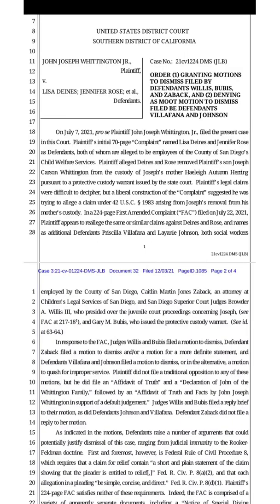In a 224-page first amended complaint, or FAC, that's what that means, right? Filed on July 22nd, 2021, plaintiff appears to reallege the same or similar claims against Daines and Rose, and names as additional defendants Priscilla Villafana and Leonie Johnson. Okay, she is a social worker right now, right? And Leonie Johnson is the actual attorney for the department, right? For the social services, right? But so now we go on to say where it says both social workers employed by the County of San Diego, okay, Caitlin Martin Jones Zabek, okay, so he's an attorney, right, at the Children's Legal Services of San Diego,